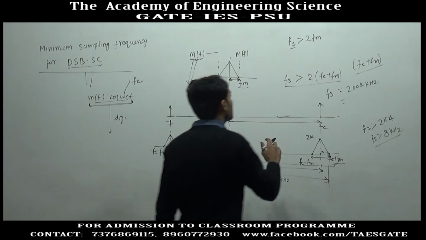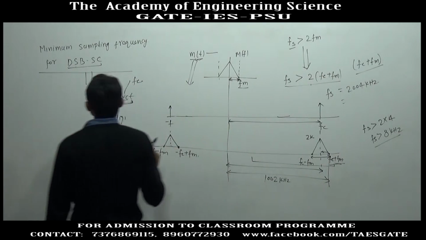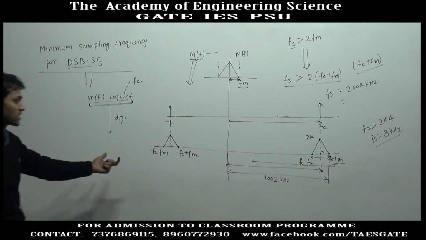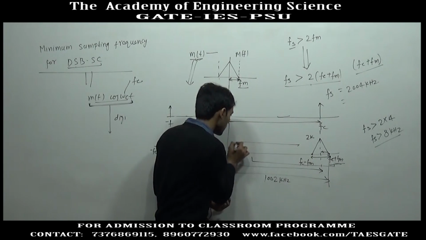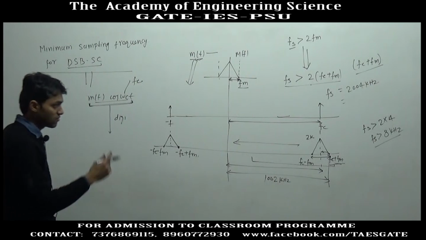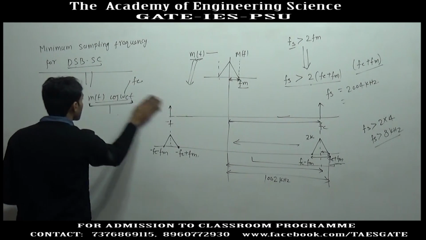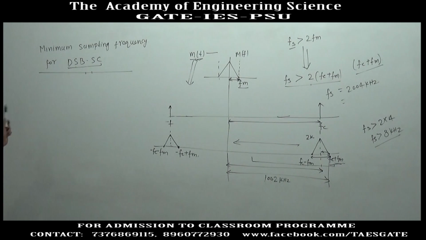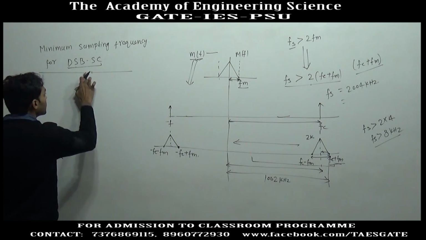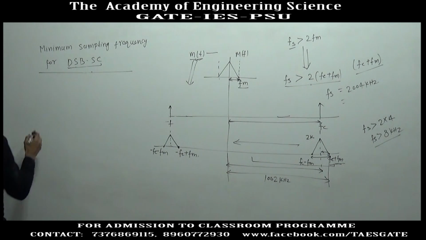So, in this case we do not have to apply this formula. We have to apply the formula for a band pass signal. This is a band pass signal. It has a very small band, and that is not near the origin. That is far away from the origin. So, we will use another formula. I have just written that formula. I have not derived it. The derivation is difficult, and we do not need that derivation. The formula is